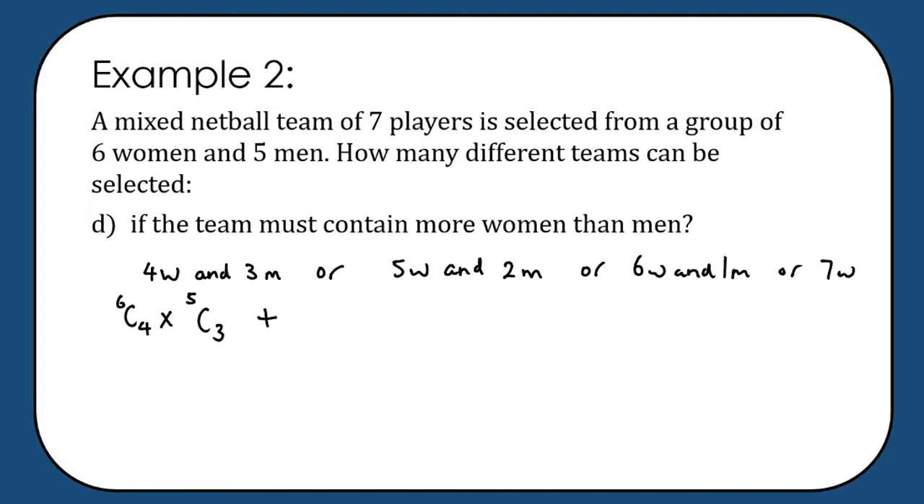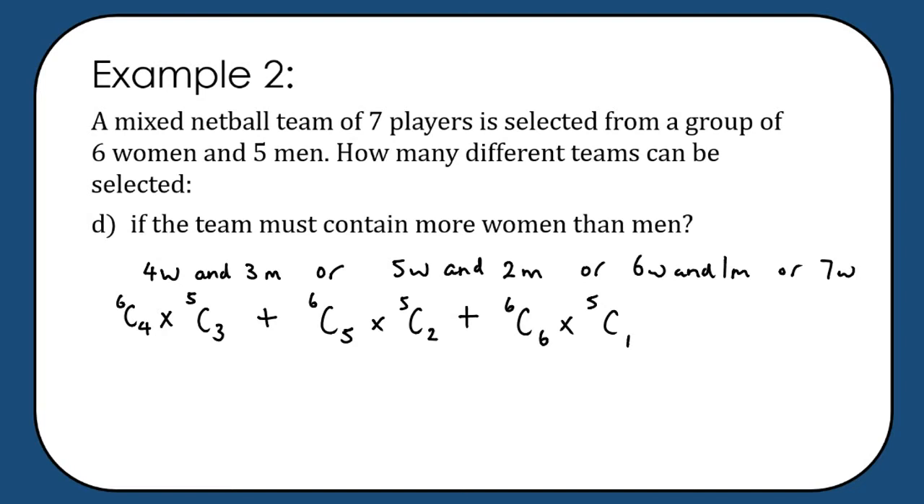Or, so plus, from the 6 women we could have 5 women, and we could have 2 men. So from the 5 men we could choose 2 of them. Or from the 6 women we want to choose all 6, and from the 5 men we're just going to choose 1. And so whilst theoretically, if the team has to contain more women than men, we possibly could have